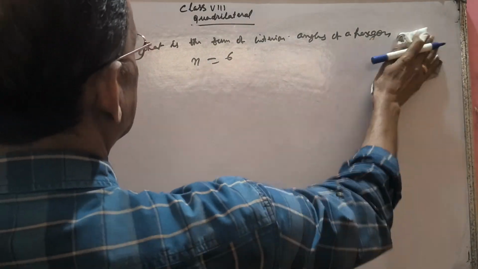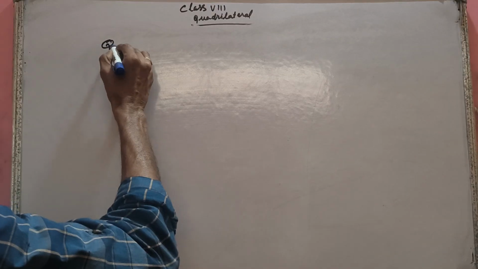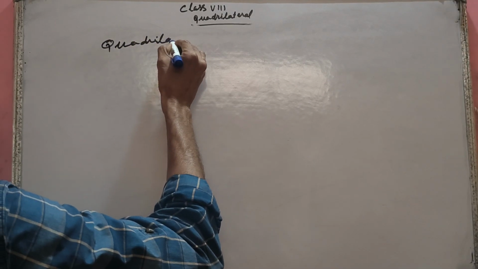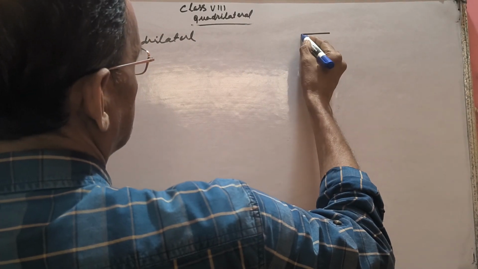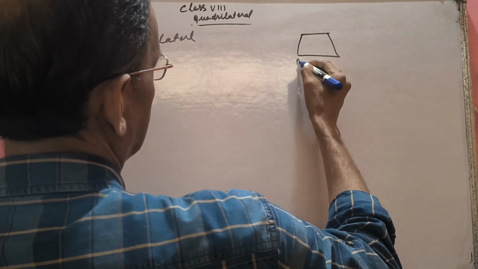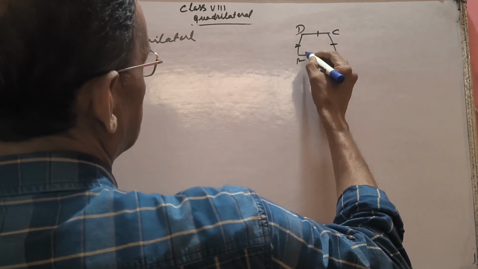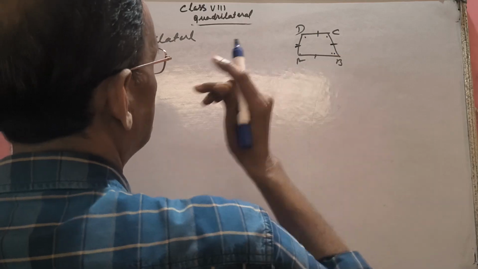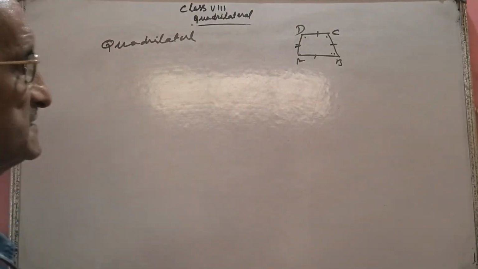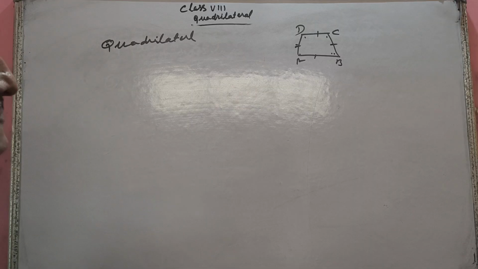Okay, now the chapter will go to the heading of the chapter, quadrilateral. A quadrilateral is a polygon having 4 sides, that you know from the beginning only. Now we come to the quadrilateral. It is a polygon with 4 sides, A, B, C, D. These are called opposite sides, these are called opposite angles. There are 4 sides, 4 vertices, none of 3 are collinear. This is the quadrilateral, you have the idea.